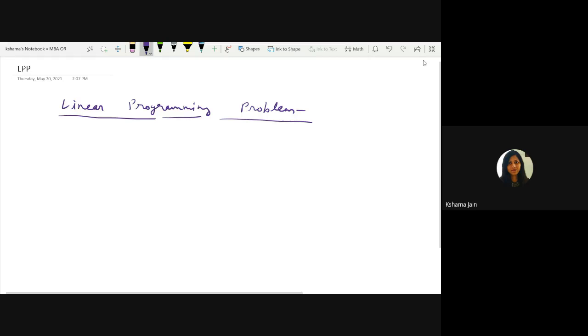Or a straight line. In very easy language in mathematics, there is a power term. If I'm writing x square, this is a power. If this power or degree is more than 1, we say it is non-linear. But if it is maximum 1 or even 0, that time it is called linear. So whatever problem we are going to take, the power will be maximum 1. That's why these types of problems are called linear.